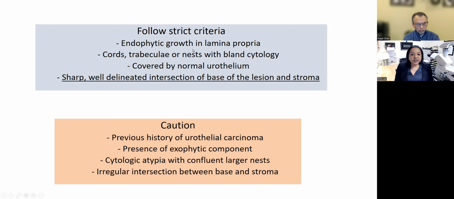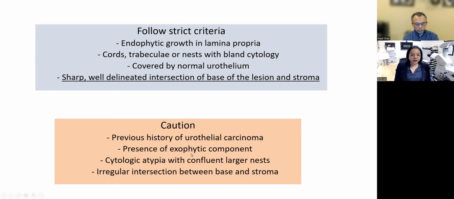Secondly, the endophytic growth is limited to the lamina propria. The cords and trabeculae have a bland cytology. The trabeculae have a very regimented growth pattern, pretty much all the same size. And if there is overlying urothelium, it's normal looking urothelium or very limited papillary growth lined by normal looking urothelium. Just be very cautious if there is a previous history of treatment for urothelial carcinoma or even previous resection for urothelial carcinoma,